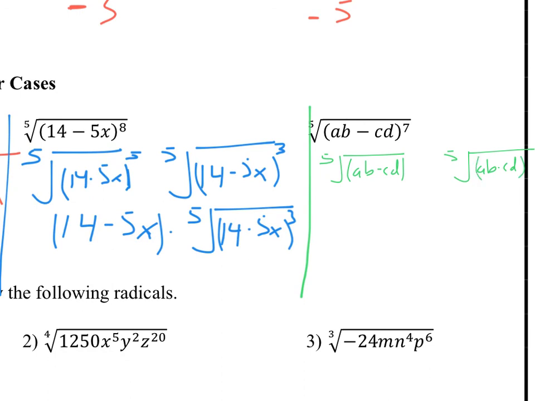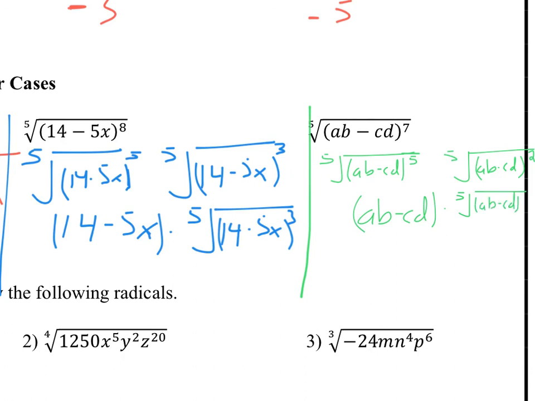So AB minus CD. The power on the left side has to be one that's divisible by 5. So the largest number under 7 that's divisible by 5 is 5. What's left over here is a 2. The 5s are going to cancel, and we're left with AB minus CD. We do need parentheses. We'll talk about that in a second. Fifth root of